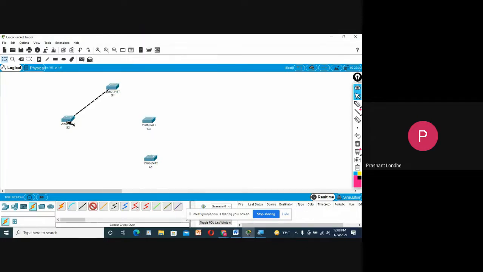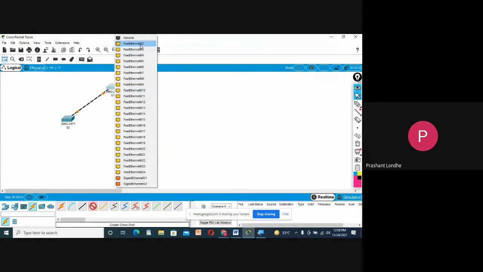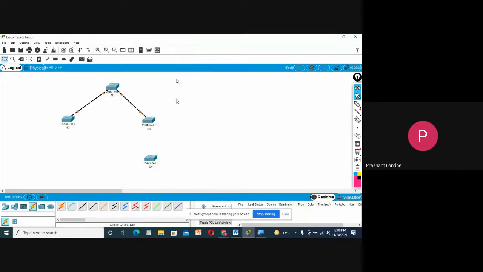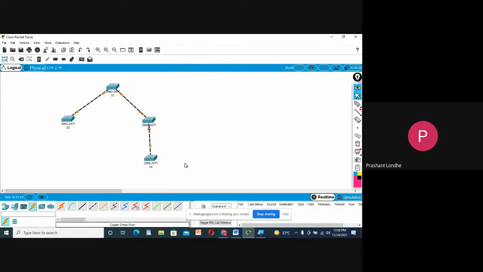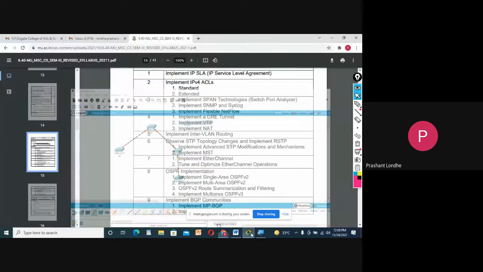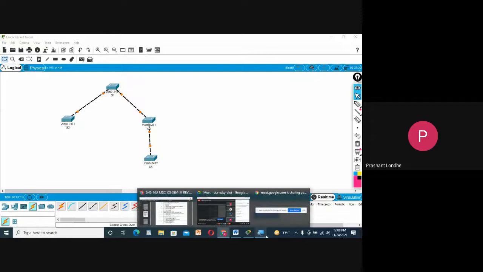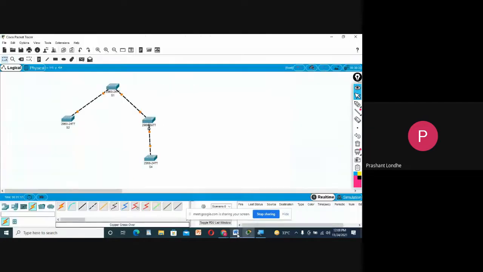Fast Ethernet 0/1 with Fast Ethernet 0/1. Fast Ethernet 0/2 with Fast Ethernet 0/1. And the 0/2 of switch 3 to 0/1 of switch S4. Let us wait for some time. Okay, it is converted into green.